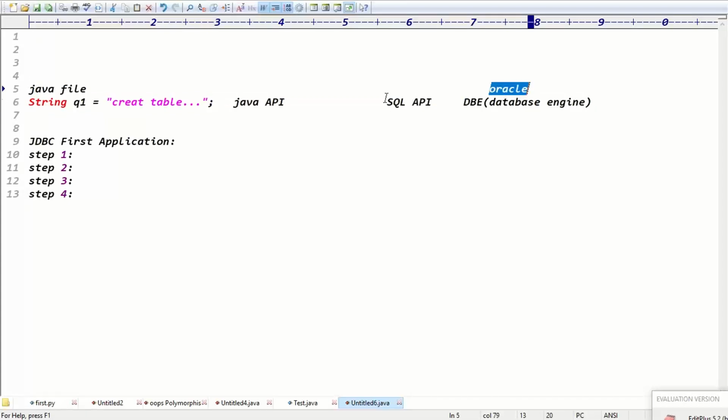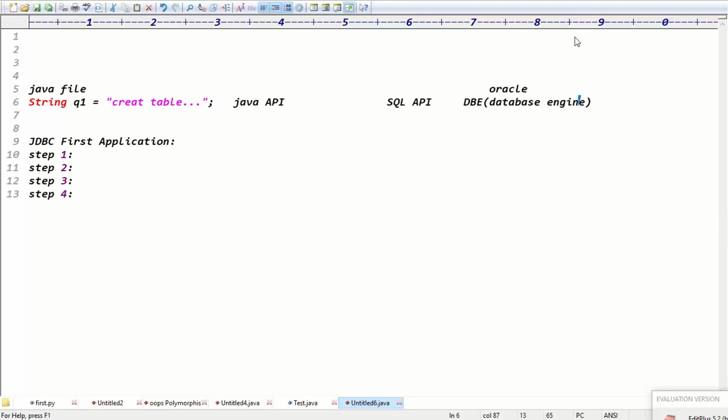Which query does the database require, guys? SQL API syntaxes, API in the sense syntaxes basically. Then definitely we require one translator who translates your Java related syntaxes into the database related syntaxes, right? Yes or no? We require one translator who translates your Java syntaxes into database syntaxes, right? Guys, is that statement clear or not?